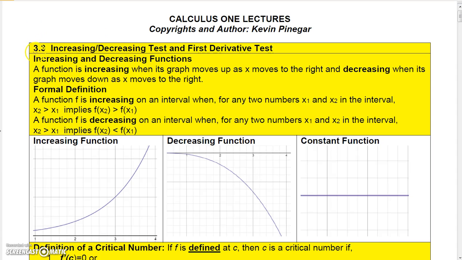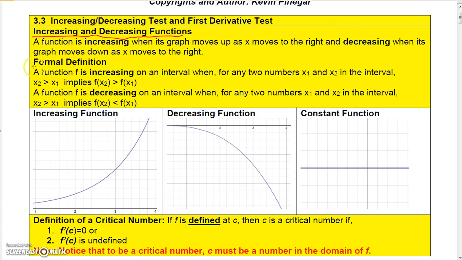Okay, so now let's define what an increasing and decreasing function is. It's actually easier to look at a function and tell than read the definition, but let's go ahead and talk about the formal definition. A function f is increasing on an interval when, for any two numbers x1 and x2 in the interval, when x2 is greater than x1, that means that f of x2 is greater than f of